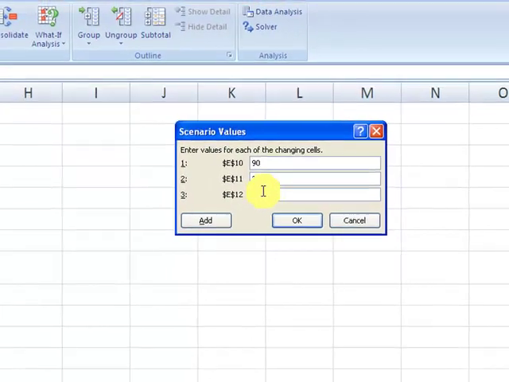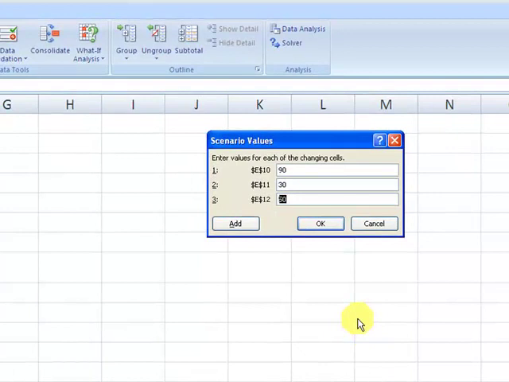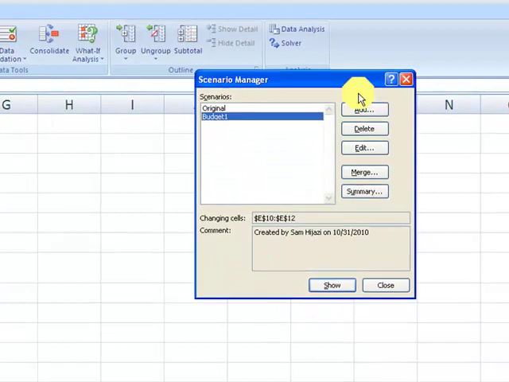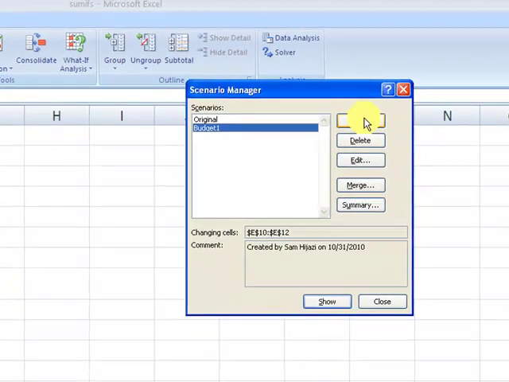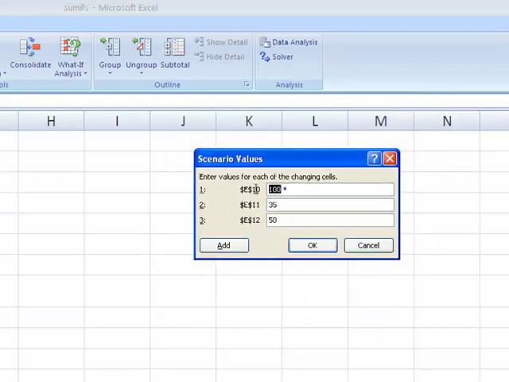It's a very trivial example, but in order for you to see how it's going to be used with varieties of variables, so you can see the benefit of something as powerful as this. Let's say 0 clothing for this, and I'm going to say okay. Now I have budget 1. I could add another, budget 2, where I wanted to increase the food in this case from 100 to, because I have a party coming